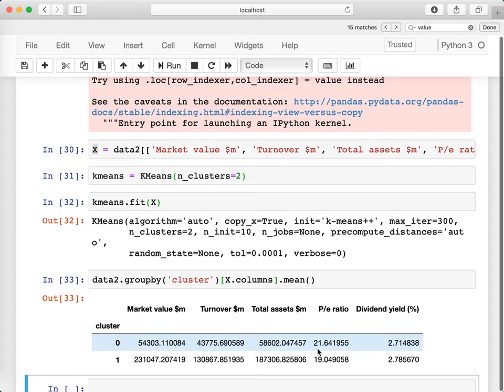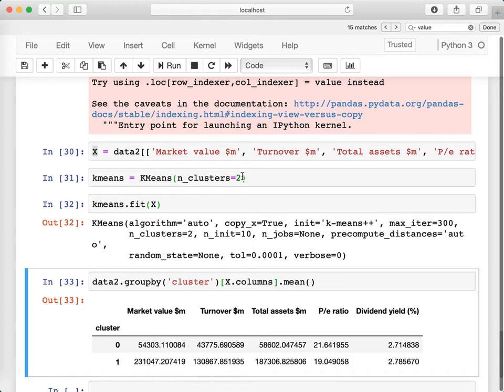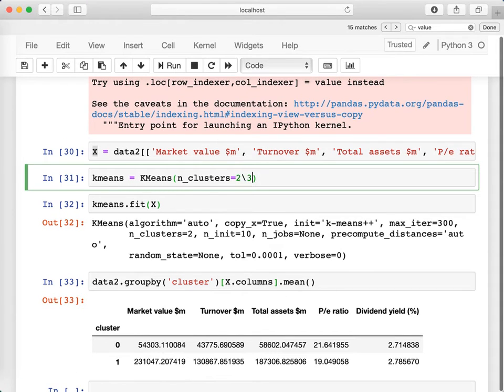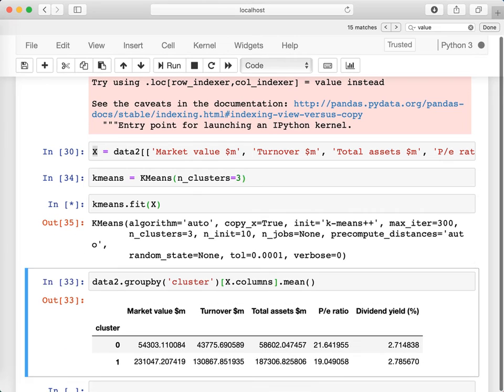Price to earnings ratio is not a big difference. It seems that the 2 clusters are still picking up on the size of the company as measured by the market value, turnover, total assets. But if we add more clusters, then we would expect the new clusters to pick up on some of these variables, such as the price to earnings ratio and the dividend yield. For instance, if I set the number of clusters to 3 and do the clustering again,